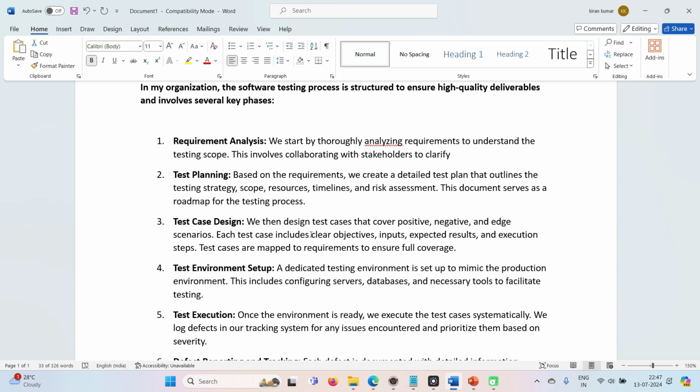This is purely a tester's document, generally developed by the test lead or test manager for the team members.